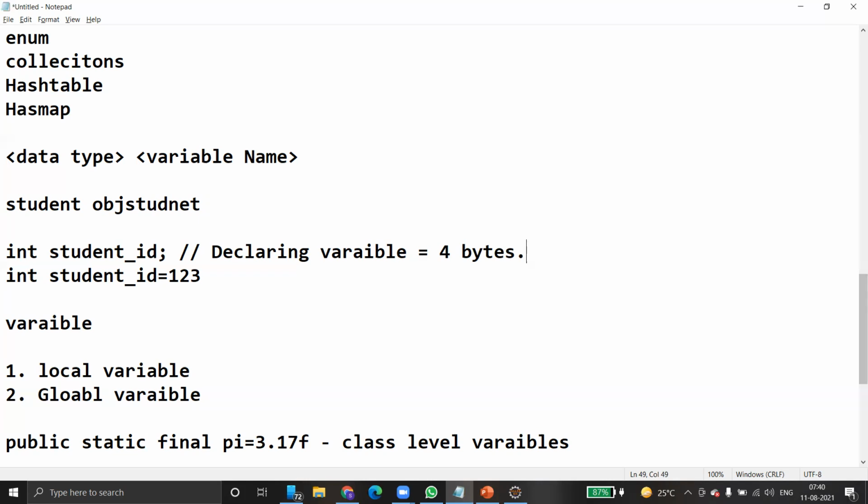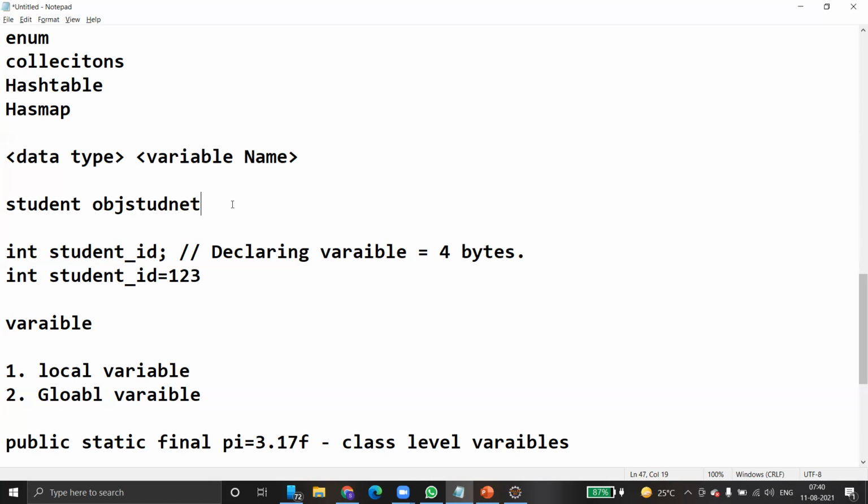That's absolutely fine. But here we are creating an object for student, and we are not sure how much memory is required. Student might have n number of functions, n number of variables. How do you know how much memory is required? We are not sure because objects are very dynamic.